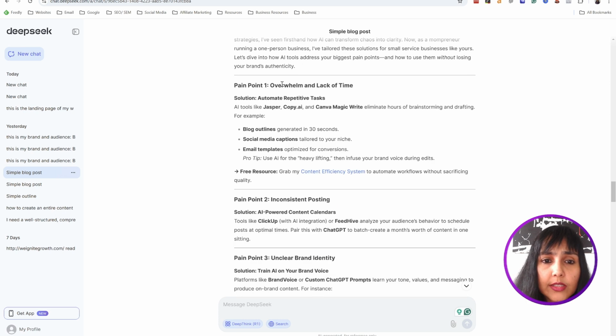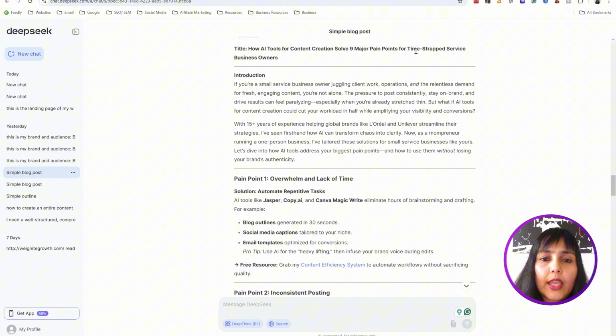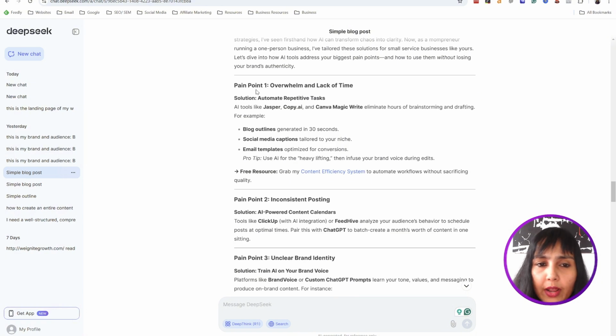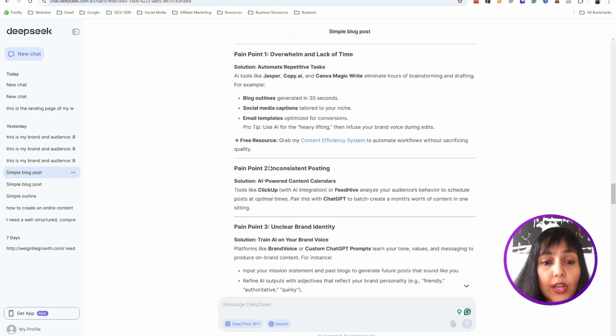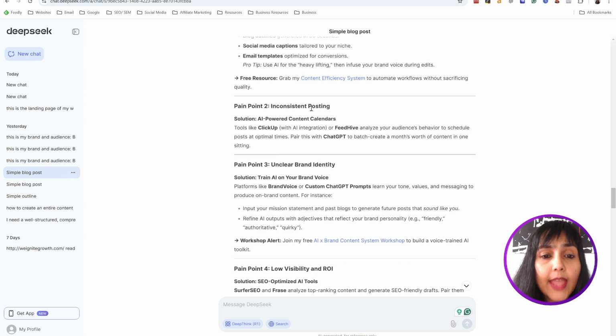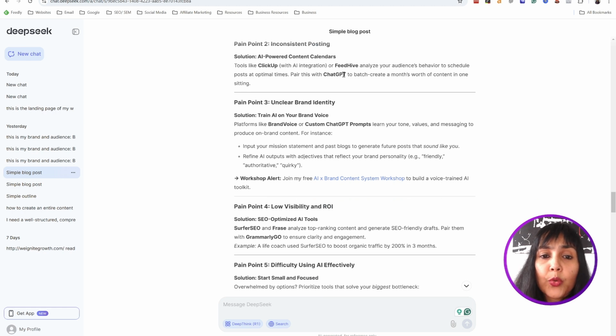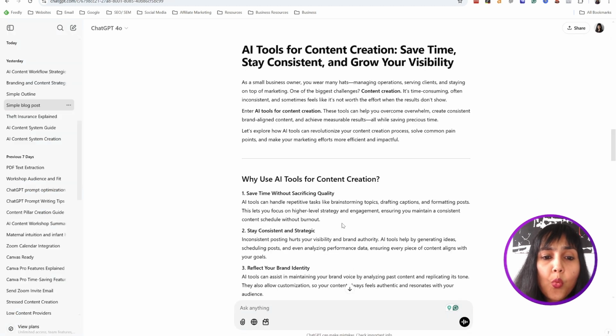Now, it talks about the pain point and it tells you this is the pain point and this is the solution. Now, of course, I would not write pain point 1, and I will probably change this a lot to say, okay, make life easier or whatever. I might change this. But the point is that it addresses the pain point and it gives the solution. And not only that, it also brings my free resource into it, which is my content efficiency system to automate workflows, right? Then pain point 2, and it gives you which are the tools that can solve it. What this one does,